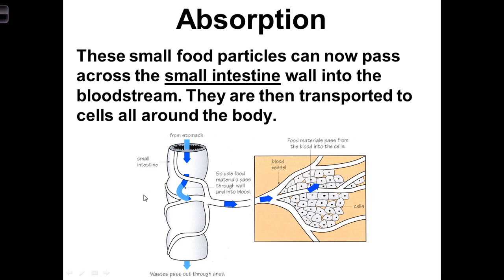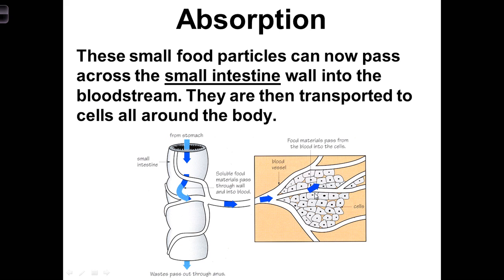So this is the small intestine, and food is going through it from top to bottom. This is the tube, and around the small intestine are wrapped lots of small blood vessels. So the food particles, once they've been completely digested and broken up into their chemical components, those chemical components can diffuse, can slowly move through the lining and into these blood vessels, and they go around the blood,